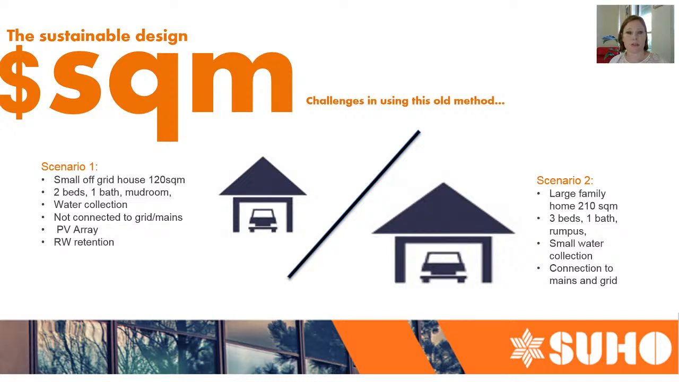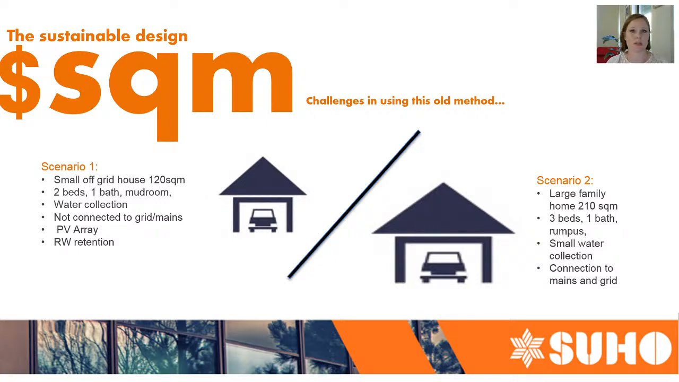Scenario 2, if you had a large family, 210 square metres, 3 bedrooms, 1 bath. It might have a rumpus. It just has the general water collection from the roof. It is connected to mains and grid. I could give you a couple more scenarios, because it could be a family home that is just typically sort